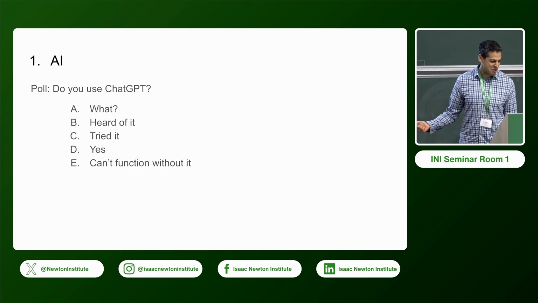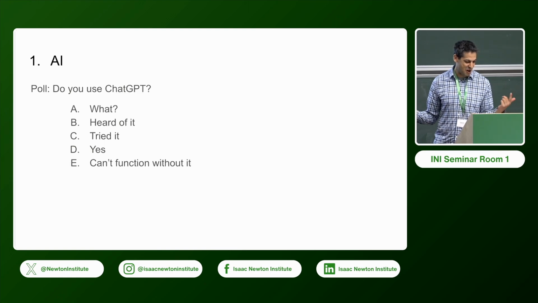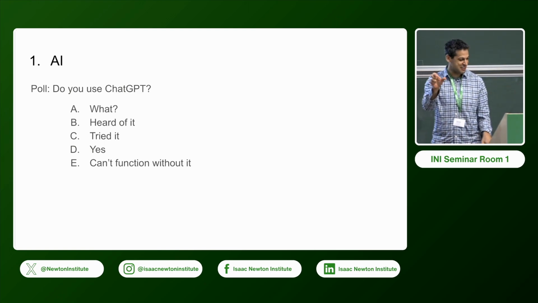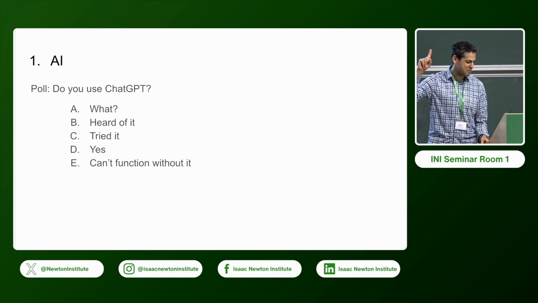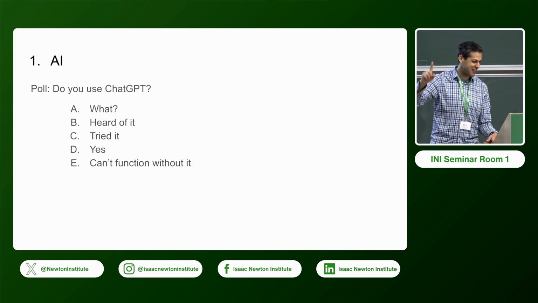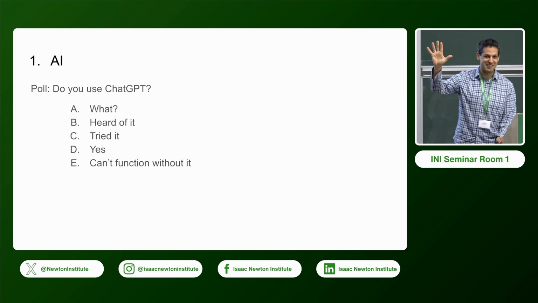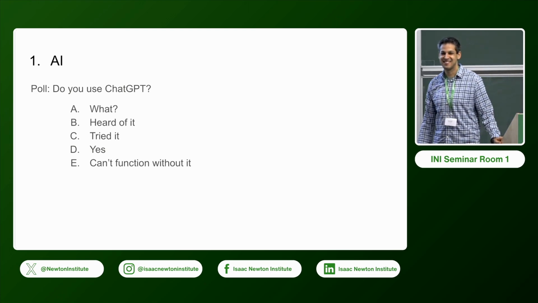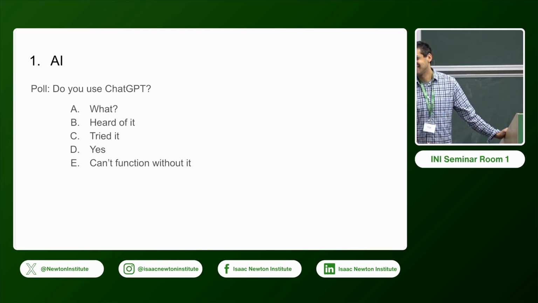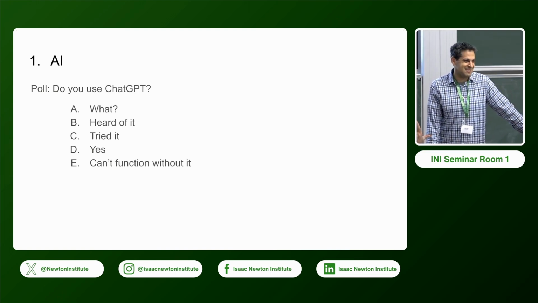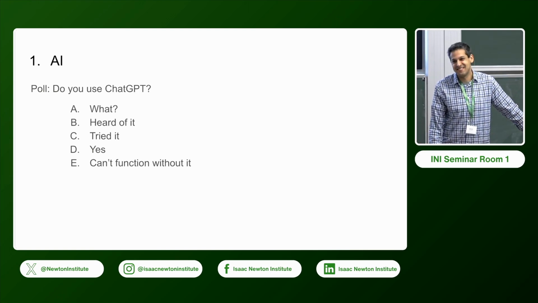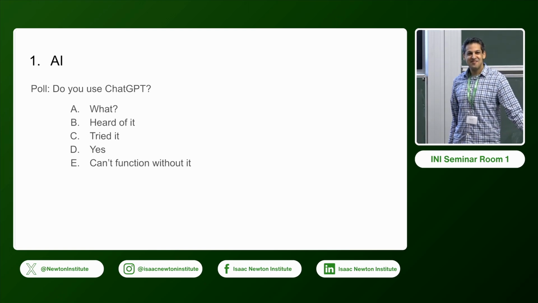I like to start with a poll. So this came from an online version of the talk where you could just click your response. But since we're here in person, why don't you hold up a number of fingers between 1 and 5? So 1 is for what, and 5 is for can't function without it. Yeah, okay. 3s and 4s, right. Yeah, that seems